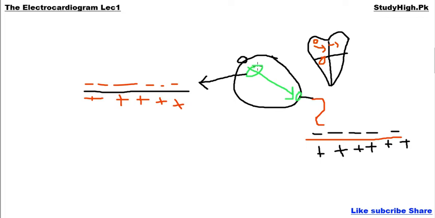So when repolarization in this muscle starts, its outside will become positive and inside will become negative, and the resting membrane potential is achieved. The original resting membrane potential is approximately between minus 85 to minus 90 millivolt. So as a result the inside becomes negative, whereas when this portion of cardiac muscle is in repolarized form, the cells that are furthest away from this cardiac muscle area will still be in depolarized form because they depolarized last.